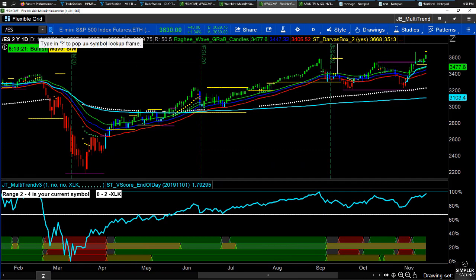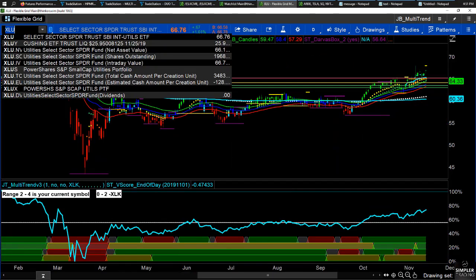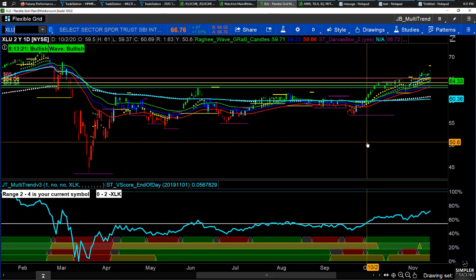Now, what if we have, for example, in the XLU, a double green? I don't really care much from a perspective of directional bias what the VWAPs are telling me. Those are going to be interesting and effective support and resistance, a little bit of nuance in the trend, but it's not needed because the broader sector is double green. So the emphasis and the reliance on the VWAPs is basically nil for the directional bias. Get the directional bias right, find the path of least resistance, and you will find the higher probability trades.